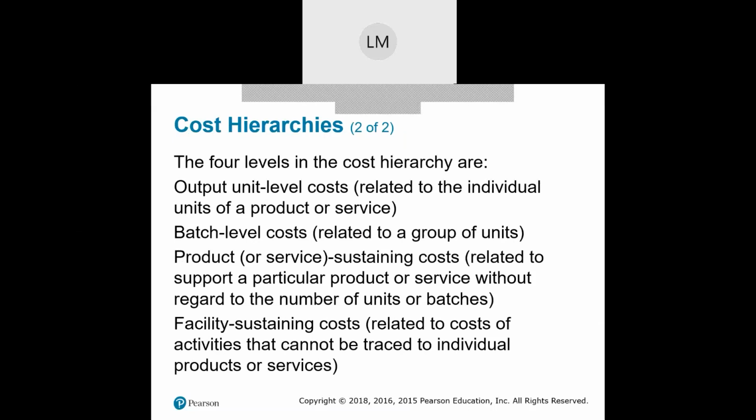Any type of cost that is performed on each individual unit is an output unit level cost. Now we have batch level costs, which are related to a group of units. This would be something where, let's say, Coca-Cola has different sizes of Cokes, right? You can buy a 20 ounce, you can buy the little mini cans that you pay an exorbitant amount for, and you get like 2 sips and you're done. You have 2 liters. So whenever we're running a machine, we're not going to have a machine to necessarily make